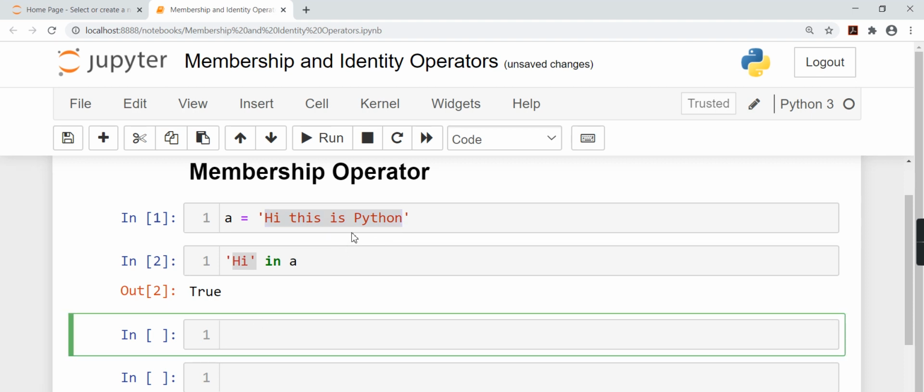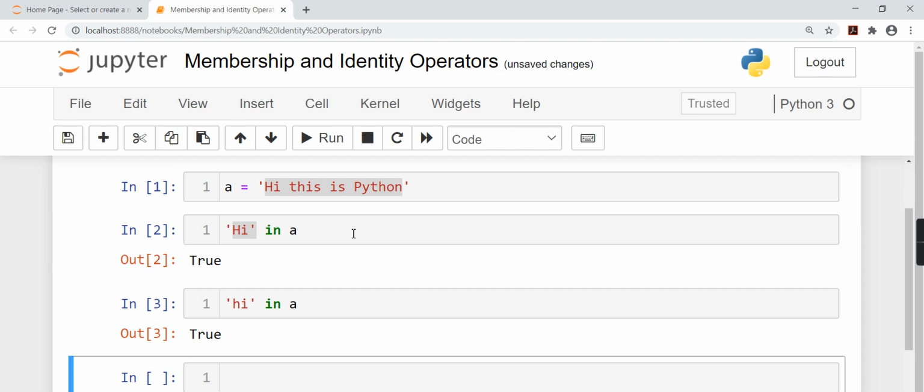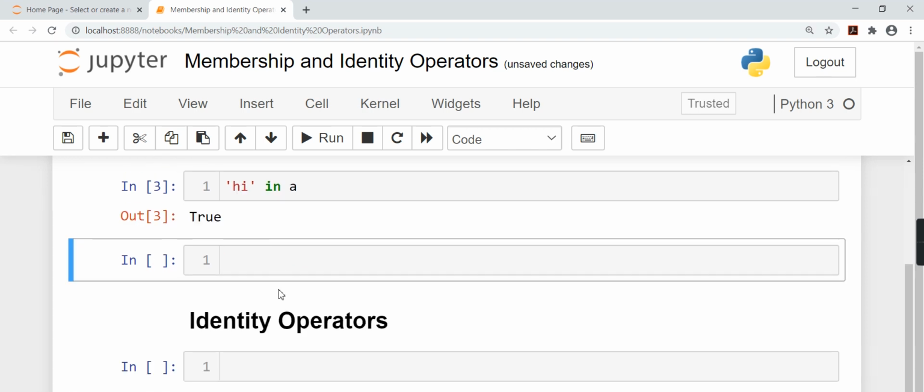What is most interesting about this membership operator is that even if I write a small case or a lowercase hi and I mention hi in a, Python will still recognize it and we will get the value as true. Okay,